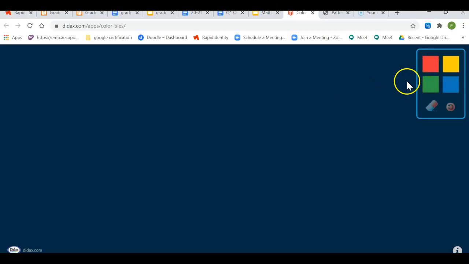12 square units. And the way that we do that is you're just going to drag and drop. So you click on a color, whichever one you choose, and you drag it. And you're trying to make a shape with an area of 12 square units. So our first one here,